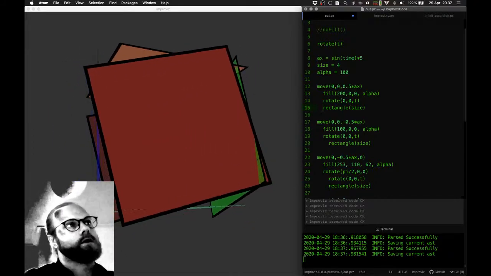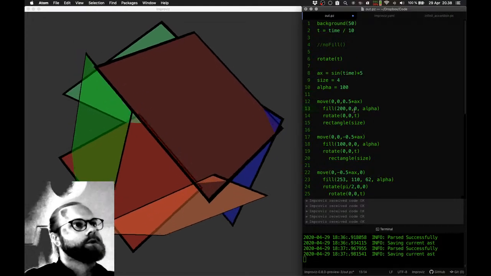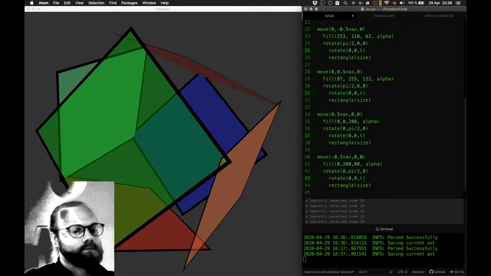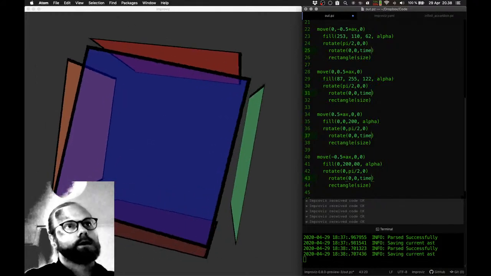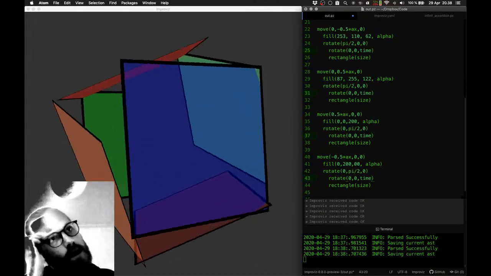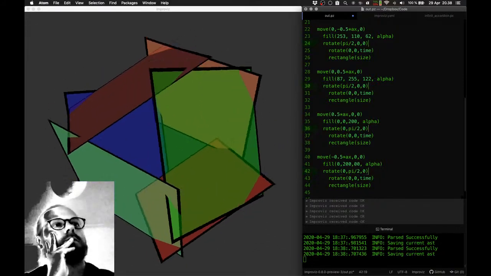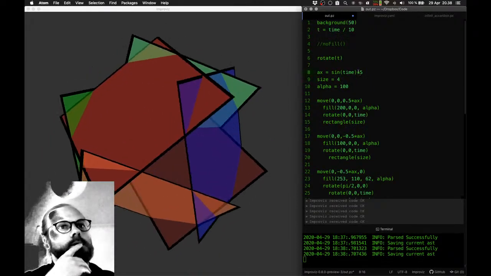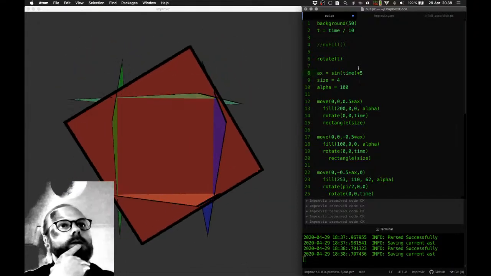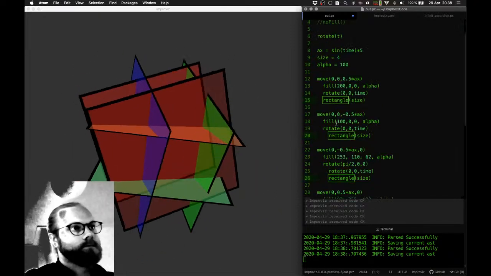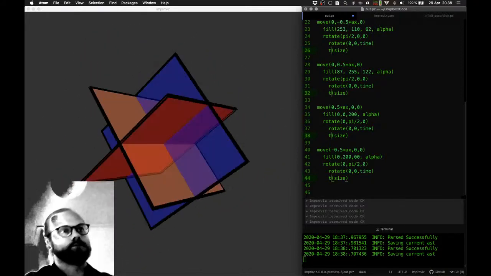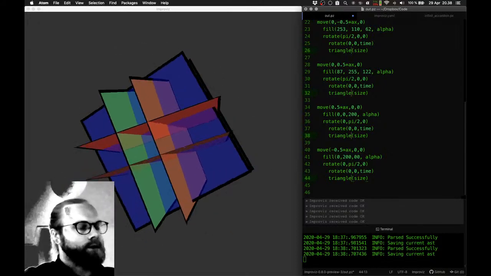So now they're all rotating a bit slow. So maybe we take this and then make it just time, and then see. So yeah, that's kind of interesting. What else? We can also change the shape to something else than a rectangle. Most of them are